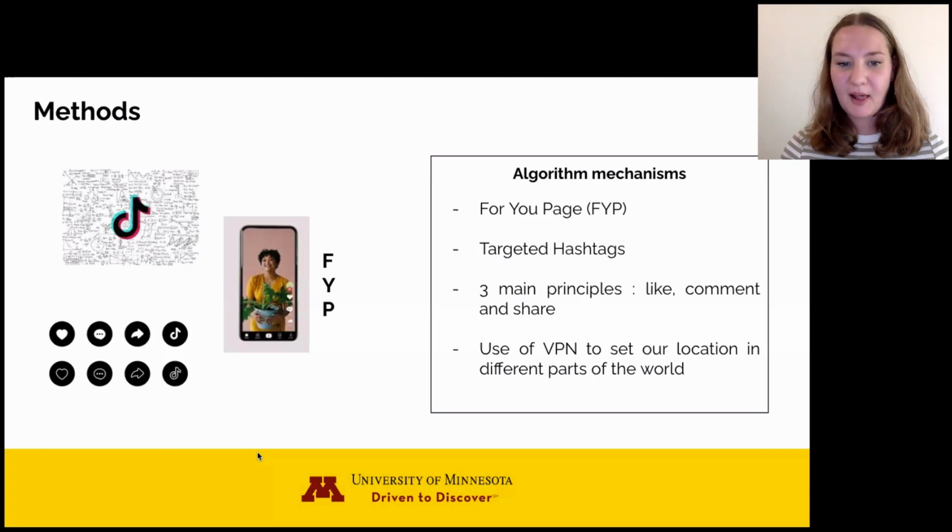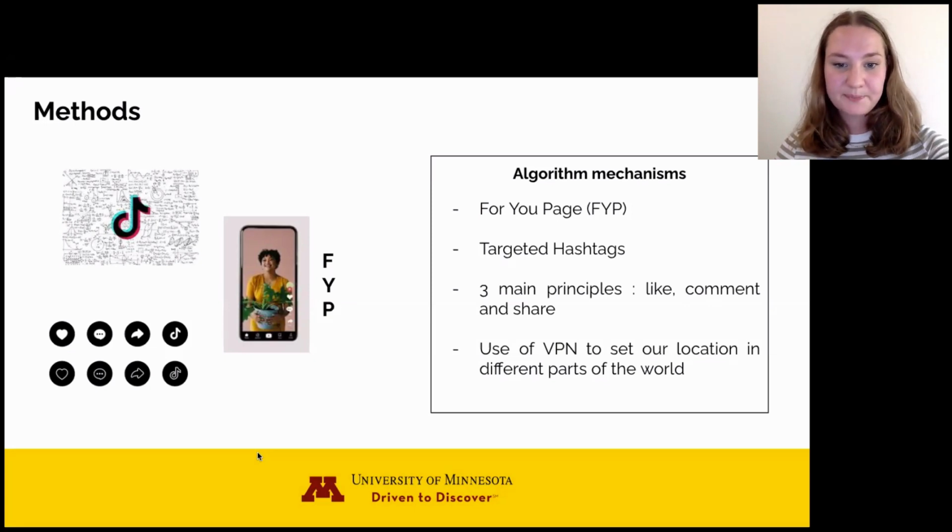After informing the algorithm with the main interests and using the hashtags, we will hang out on the For You page and interact with content that the user will enjoy. TikTok works by suggesting batches of videos to understand what kind of content you like, so they will send you like 10 videos of dancing, and if you don't interact with them, they will stop. But if you really like cooking and you're watching the video, liking it, commenting on it, they will give you more of that.